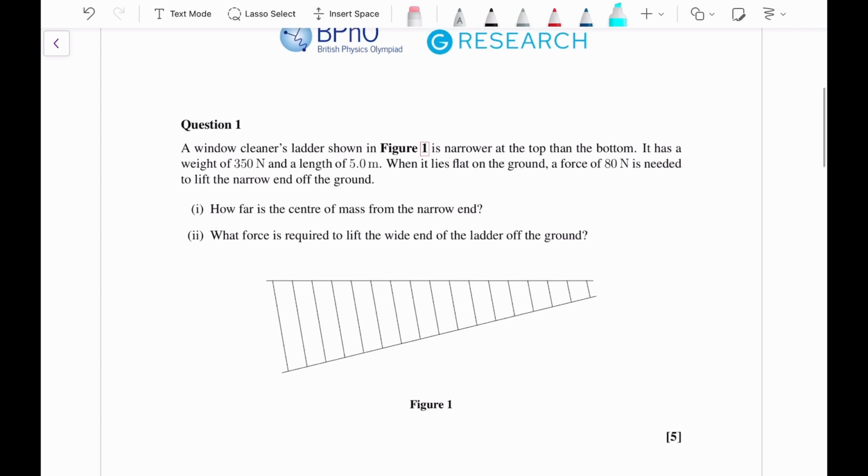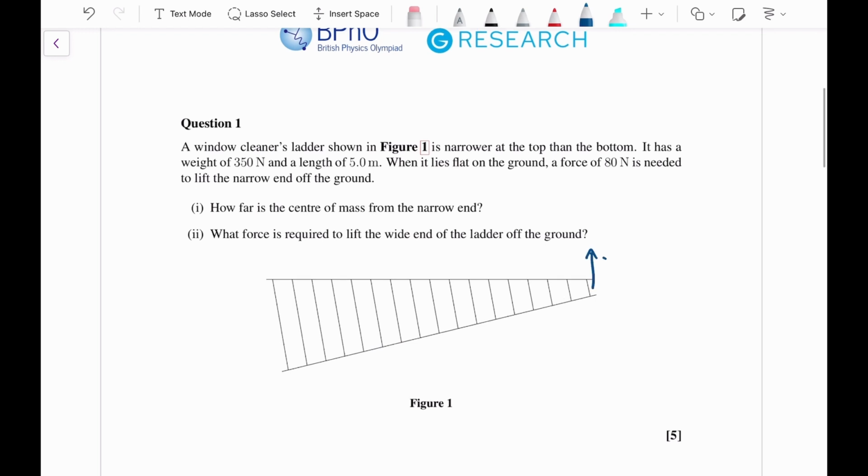What we can do first is label the forces in the diagram. So it says on the narrow end a force of 80 newtons is required. And then it says that the weight of the ladder is 350 newtons, and the weight will be acting downwards at the center of mass. We can say it's somewhere over here, and then it's 350 newtons. And it asks how far is the center of mass from the narrow end, so we can say this distance